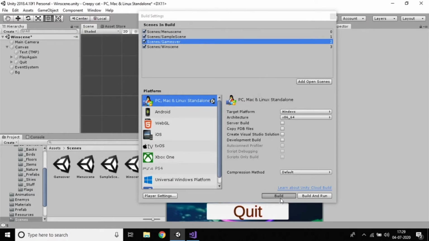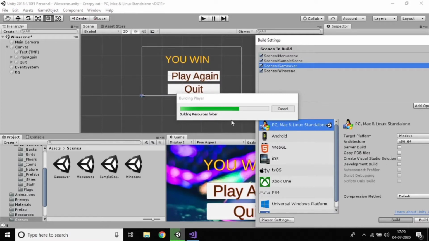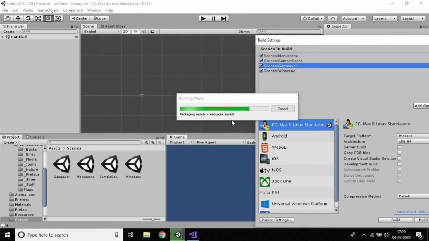I think it's building, I don't know. So we selected the folder, and it's building. It takes time to build, so we need to wait.